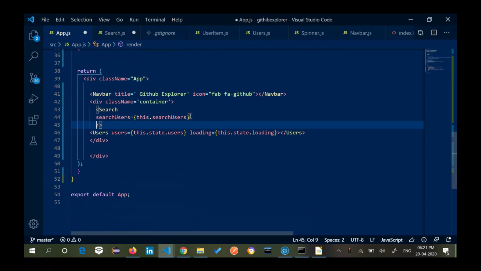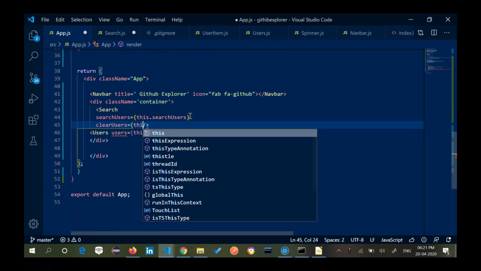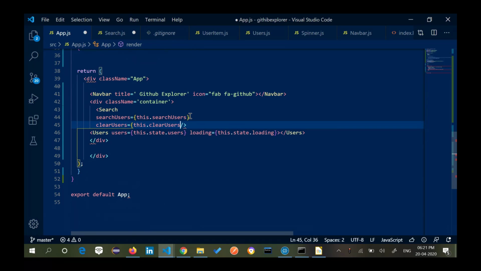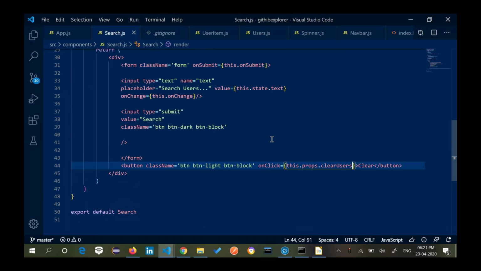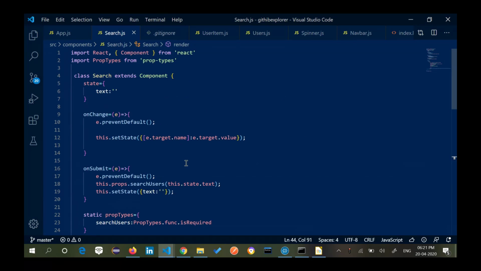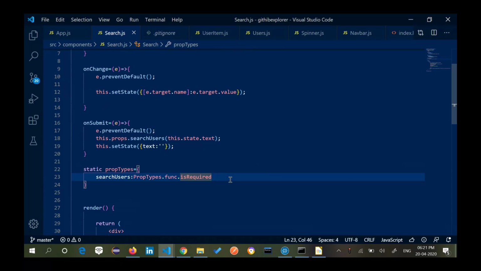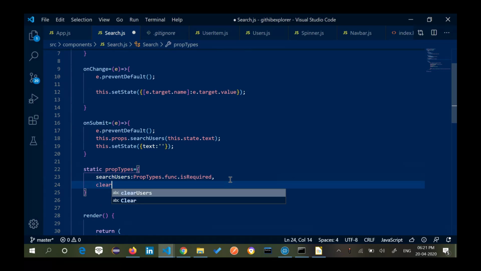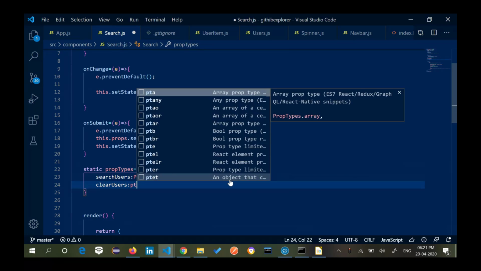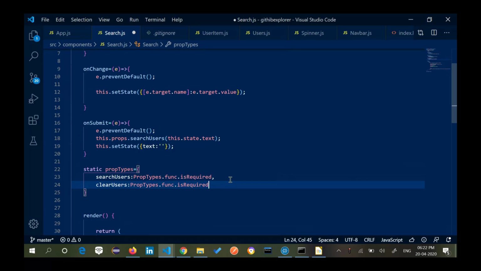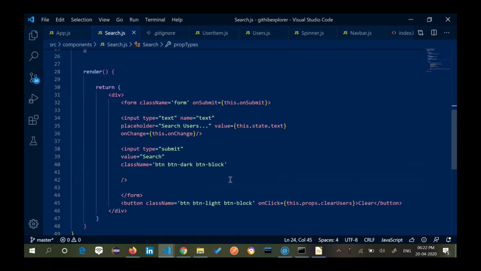Like we had searchUsers, now we'll have clearUsers is equal to this.clearUsers. In my Search, I am adding one more here, comma clearUsers colon PropTypes.func.isRequired.